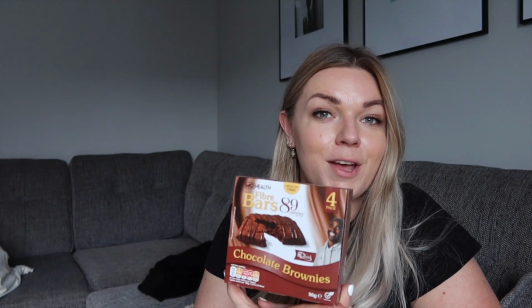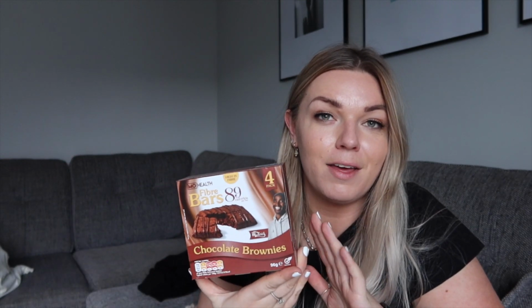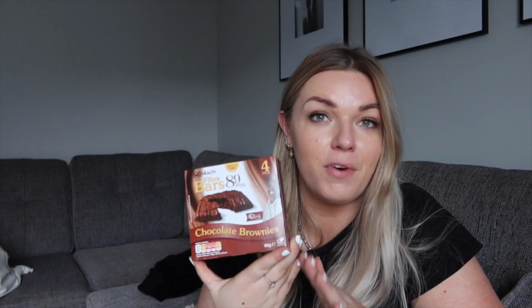And then I also grabbed these. These are like the budget version of the Fibre One brownie bars. So similar kind of concept. They're like a little brownie kind of thing, but they're lower calories. They're only 89 per bar. So if you have a sweet tooth like me, these are great just to have every so often, just as like a little snack when you are kind of like craving sweet stuff. These were only £1 a box, and there's 4 in there,